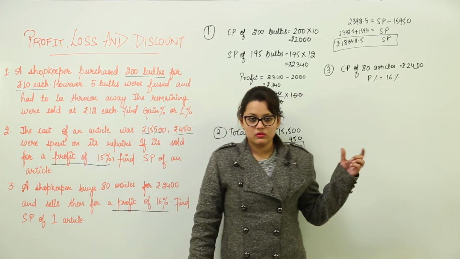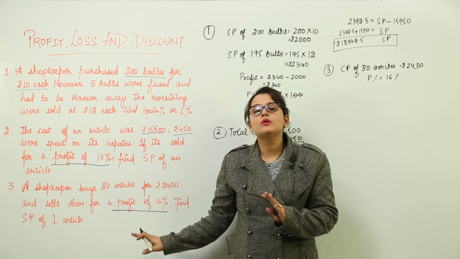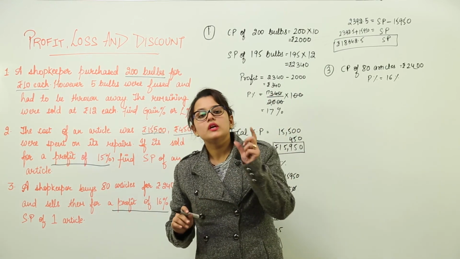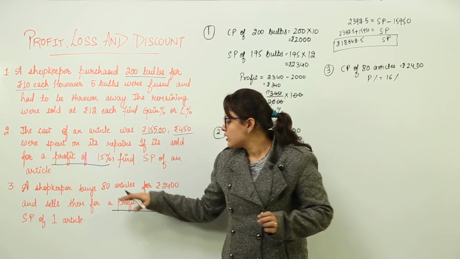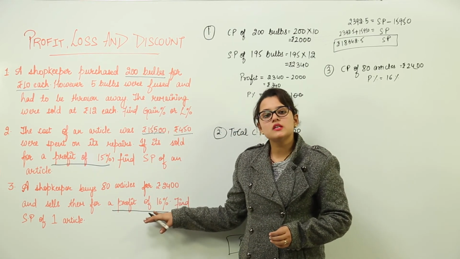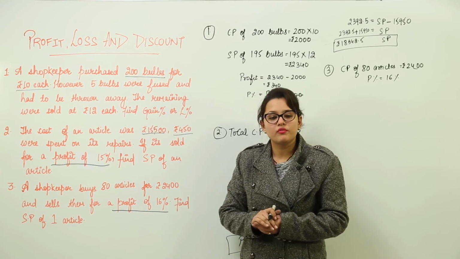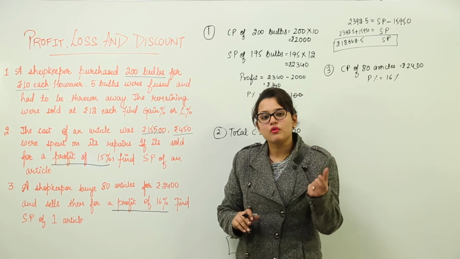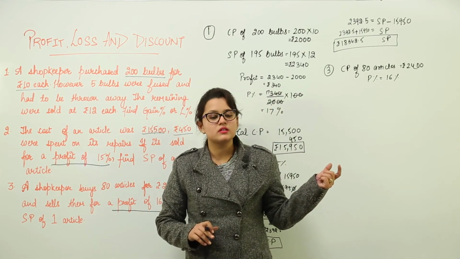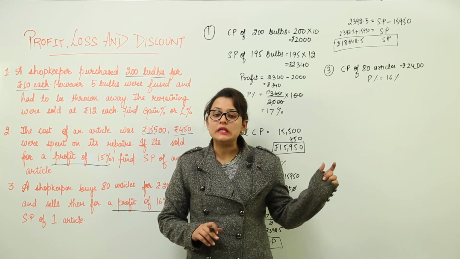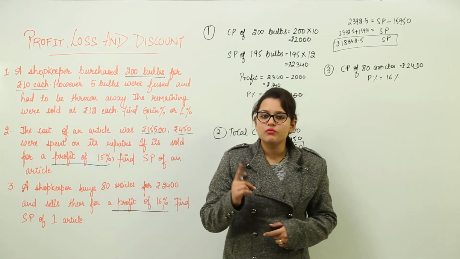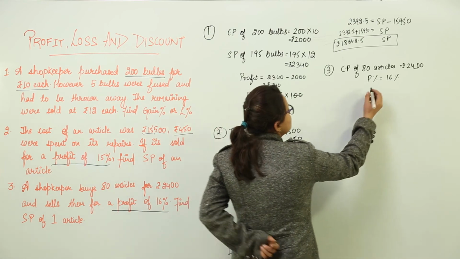See, the procedure that we are going to follow in this question is we will be finding out the selling price of 80 articles, because cost price of 80 articles has been provided to us, profit percent is given by which we can calculate the profit earned, and when we have the profit and cost price, we can easily calculate the selling price of 80 articles. Once we have the selling price for 80 articles, we will divide it by 80 to get the selling price of one article. Now let us start solving this.